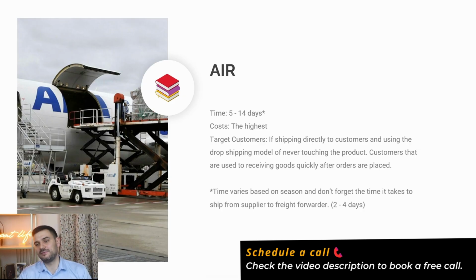Typically, the time takes 5 to 14 days from China, maybe even faster if you choose faster shipping methods, but you can expect the price to be a lot more expensive. Now, these are the highest cost, but the target customers, if you're shipping directly to the customer and using the drop shipping model, as in you don't have anyone really touch the product, and the customers are used to receiving the products quickly. I would only recommend this when you have suppliers that are very legitimate and they have good quality products that can ship the product quickly to the freight forwarder, and the freight forwarder can quickly ship it